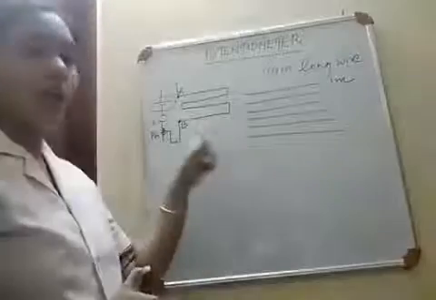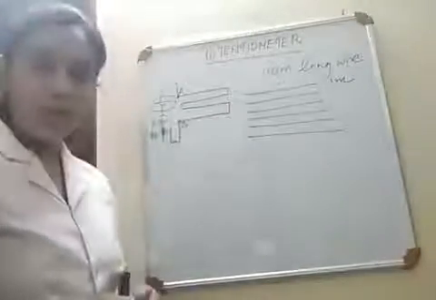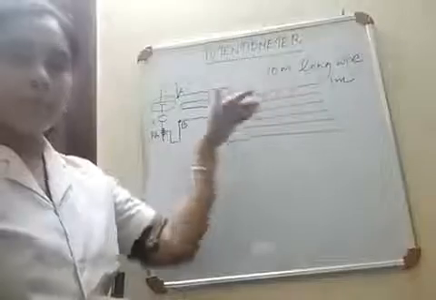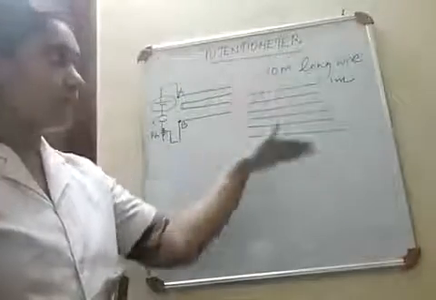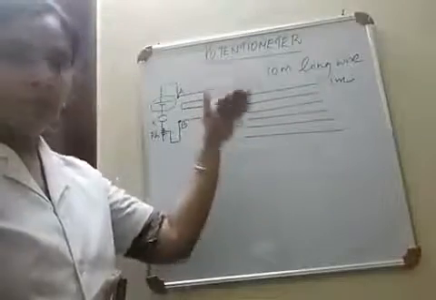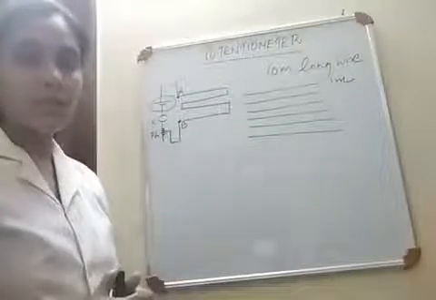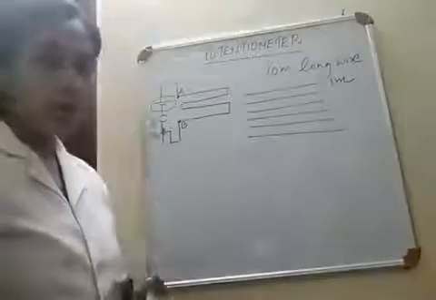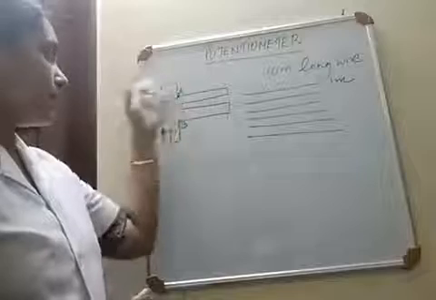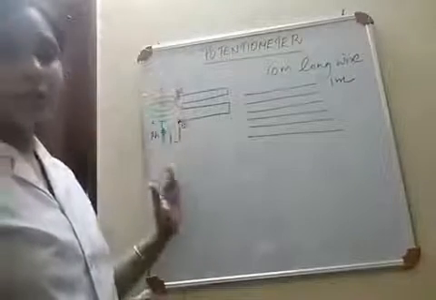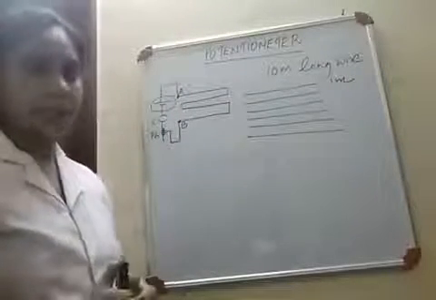It consists of a long wire of length 10 meter, which is arranged as 1 meter length of parallel pieces, and 10 such parallel pieces can be observed on a potentiometer board. This is the primary circuit of the potentiometer.